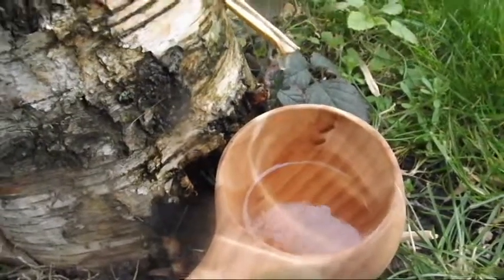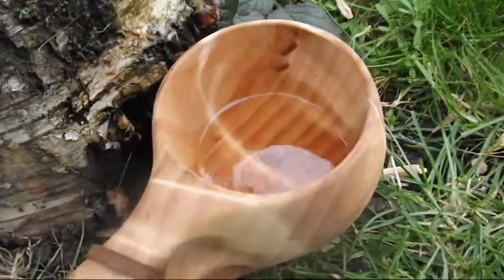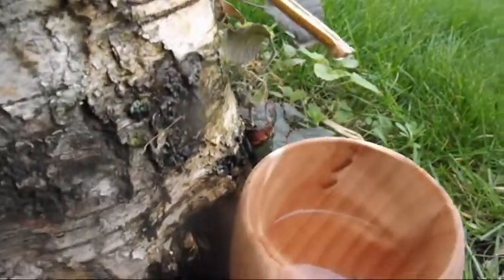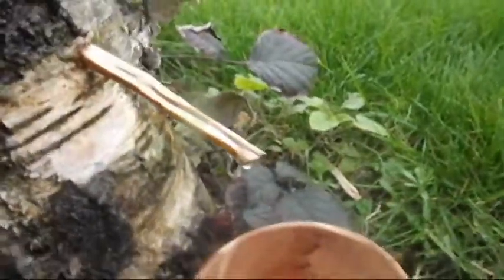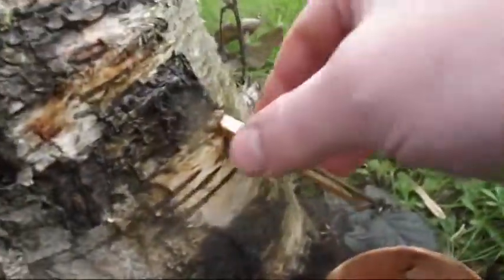Okay guys, so this is now getting on for 2 hours. I've probably got a quarter of a cup. I don't know if you can see, but it's still dripping away nicely. But now I have to go back to work, so I don't really have time to wait any longer. So what we do now to stop this and protect the tree is